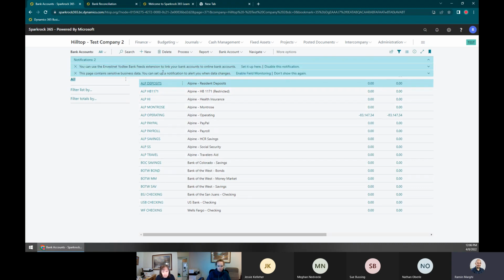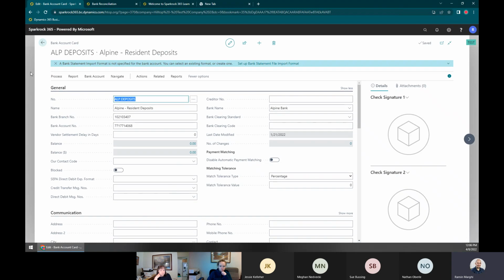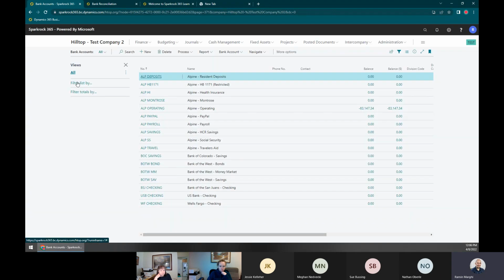As a result, you go into the bank accounts page and you see the list of bank accounts that you have set up. Right off the bat on this list page, harping back to the general overview, you have a list page and a card page. You have that list view and then you can click in and see the card view. On the list view, you can filter this list or filter these totals, so the balance there. I could put a date filter on balance to see the balance of bank accounts as at,